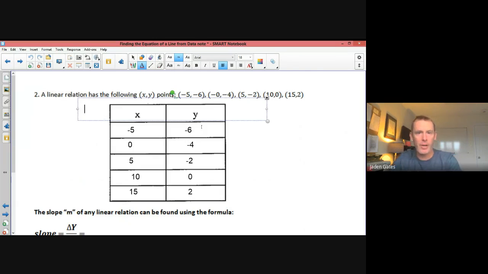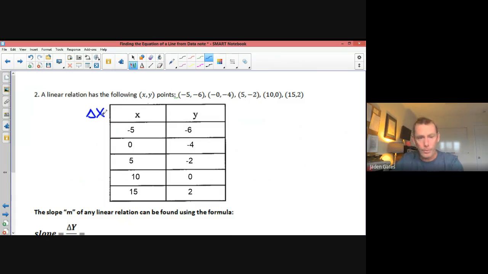Let's see. Oh, I don't have a delta x, so I'm going to have to draw that. So let's see here. There's my delta x's. And what I'm doing with my delta x's, delta in science and math means change, and so I'm looking for the change in x. So I look at these two values here. From -5 to 0, what has happened? Well, we have gone up